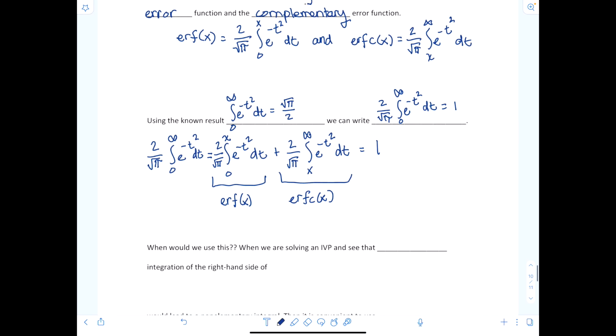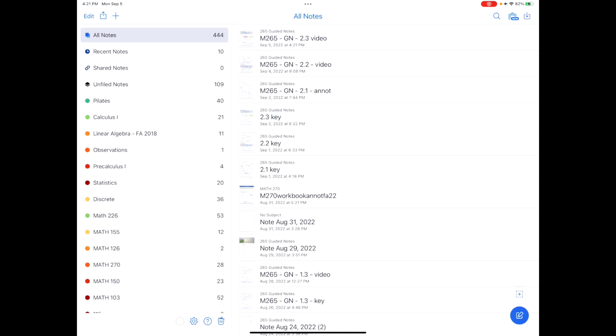And as we see, when you sum them, you get 1 because of the property of them being complements. So when would we use this? Well, when we're solving an initial value problem and see that